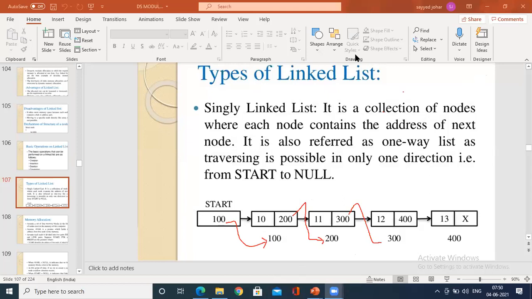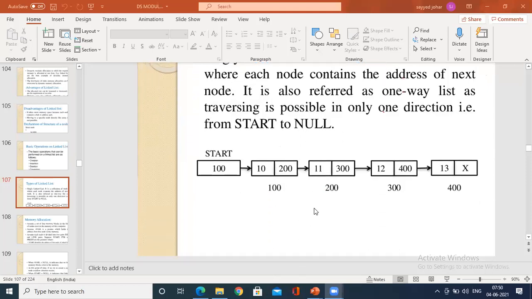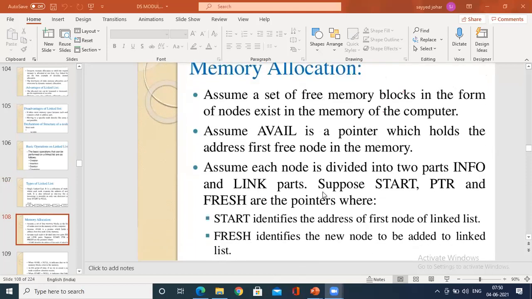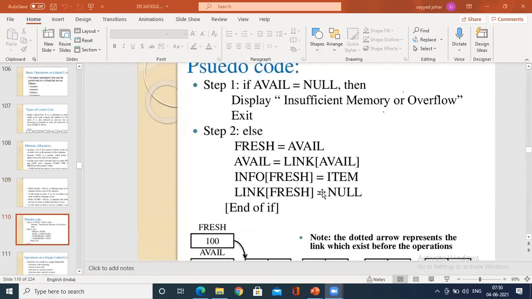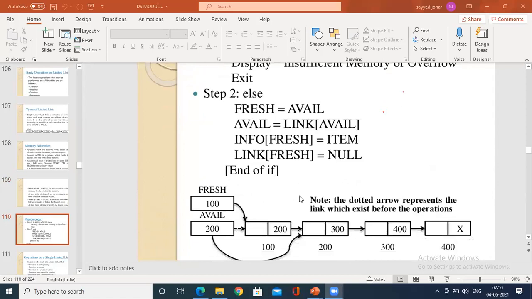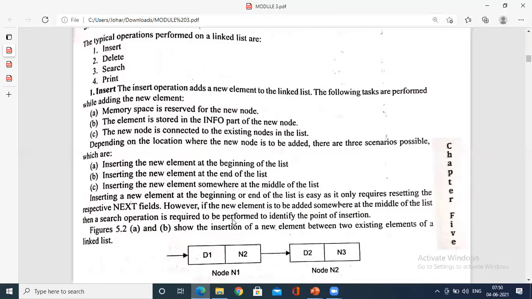So at least you have to go through the theoretical part, what exactly the array, the data structure, the linked list is, what are the operations, insertion, deletion. That time you find it easy to understand, right? So what is memory allocation? What are the basic advantages of memory allocation? All those things we'll see.